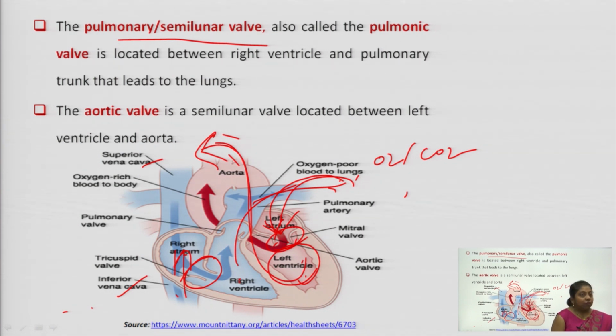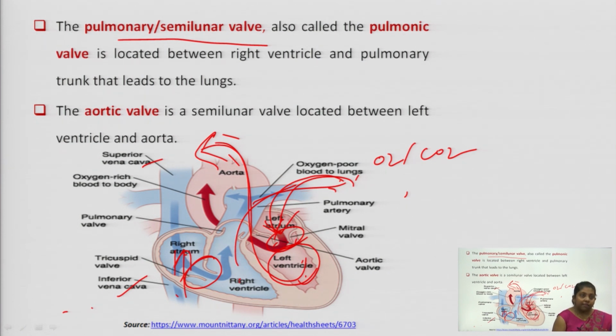Again, for the same purpose, that is gaseous exchange, your blood that is high in oxygen goes to the individual tissue levels. From the tissues, it will take up the carbon dioxide and give away the oxygen, and it will again come back into the veins. And again it will drop into the right atrium. So, this cycle goes on and on. In this way, the pathway of blood flow goes.